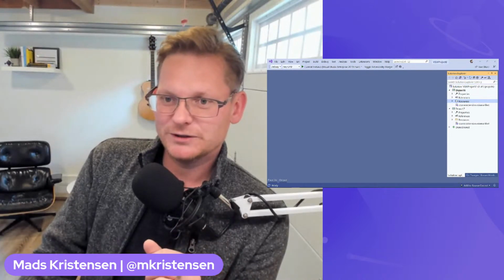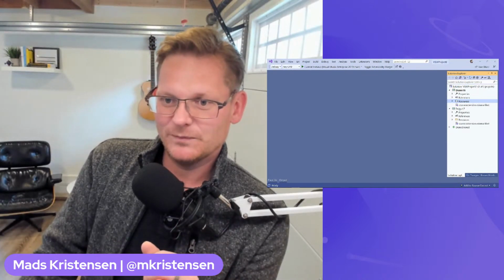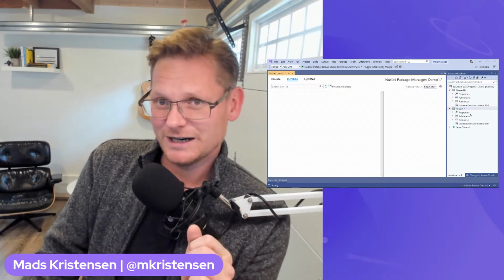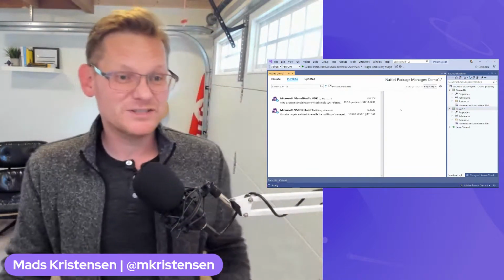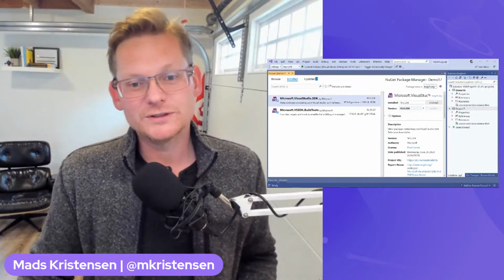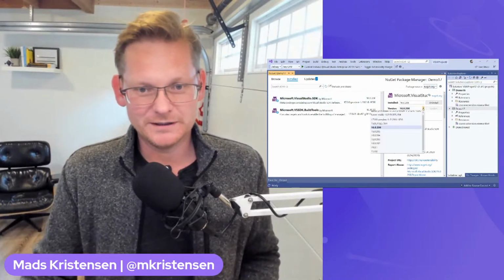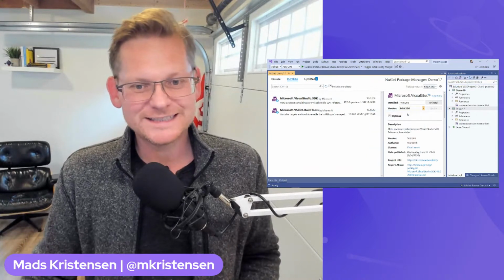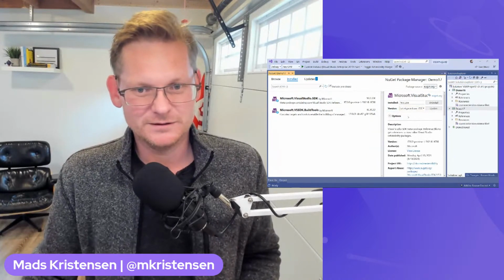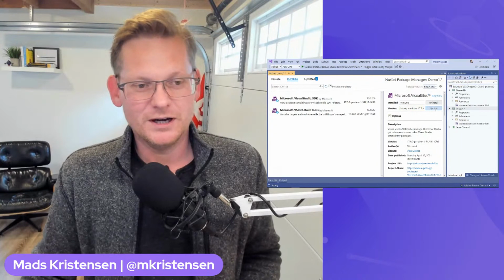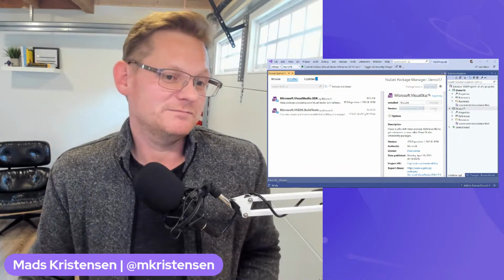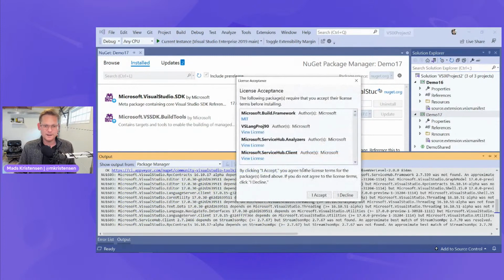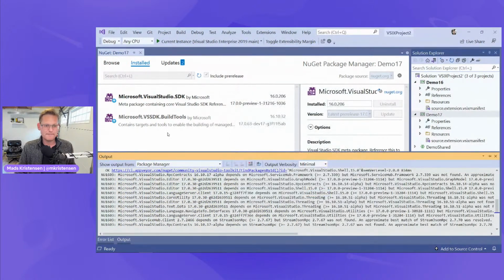There is one thing I want to make sure that we understand. When we manage NuGet packages for our demo 17 project, we don't want to be using the same SDK. We want to update it. And lo and behold, there is in fact a 17 out there on NuGet as a preview. So let me just take it. I don't know if it works. I can talk to you about why that is. We do that.